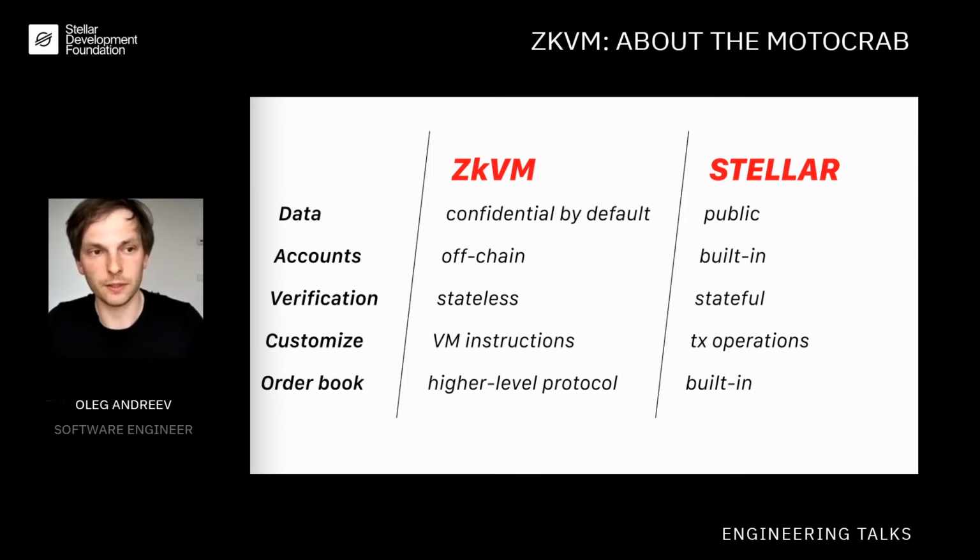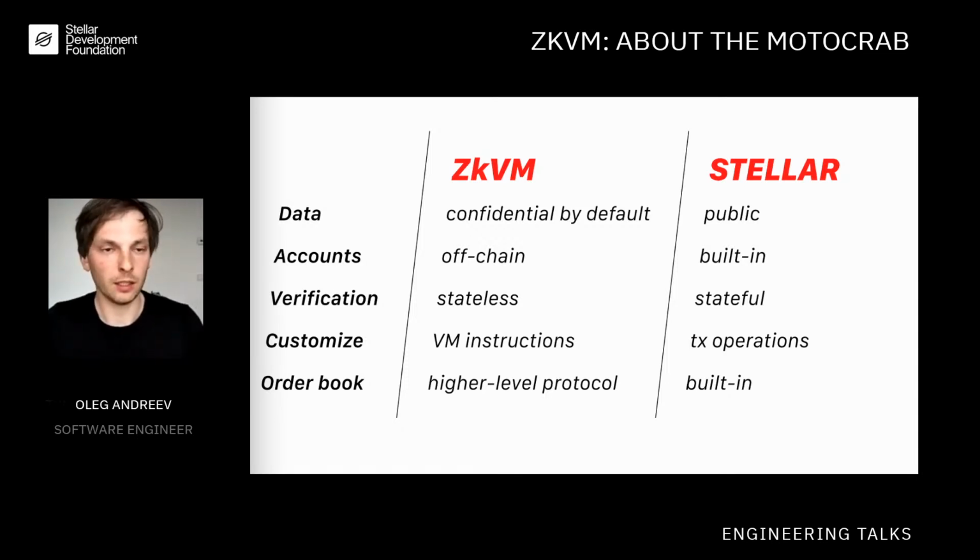And the specific difference is that the data and asset values are confidential and encrypted by default, and you can of course make them public if you want to, and do any sort of conditional disclosure schemes if you need some audit. The concept of accounts is completely off-chain, and the verification of transactions is largely stateless. And your mechanism for customization is composable instructions instead of just an enumeration of thicker, higher level